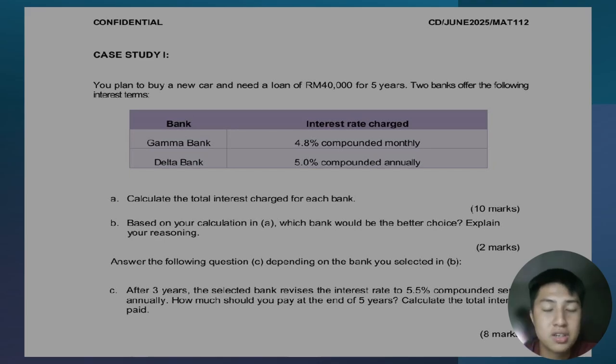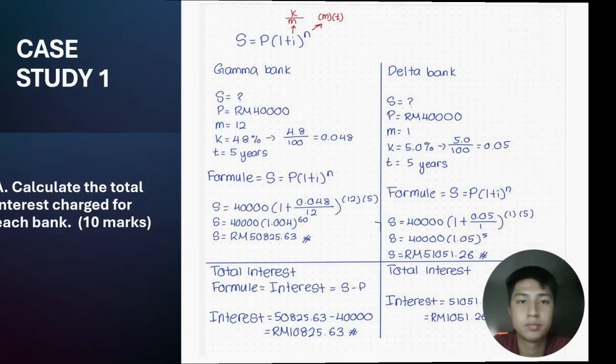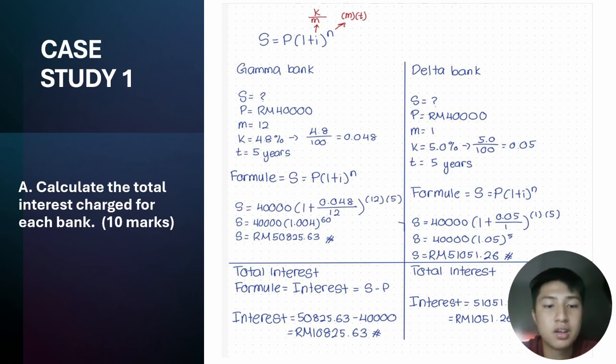Now we proceed to question A. For case study one, question A: calculate the total interest charge for each bank, 10 marks. For this question, we use just one formula, and that is S equals P times (1 plus i) to the power of n. So for the Gamma Bank,